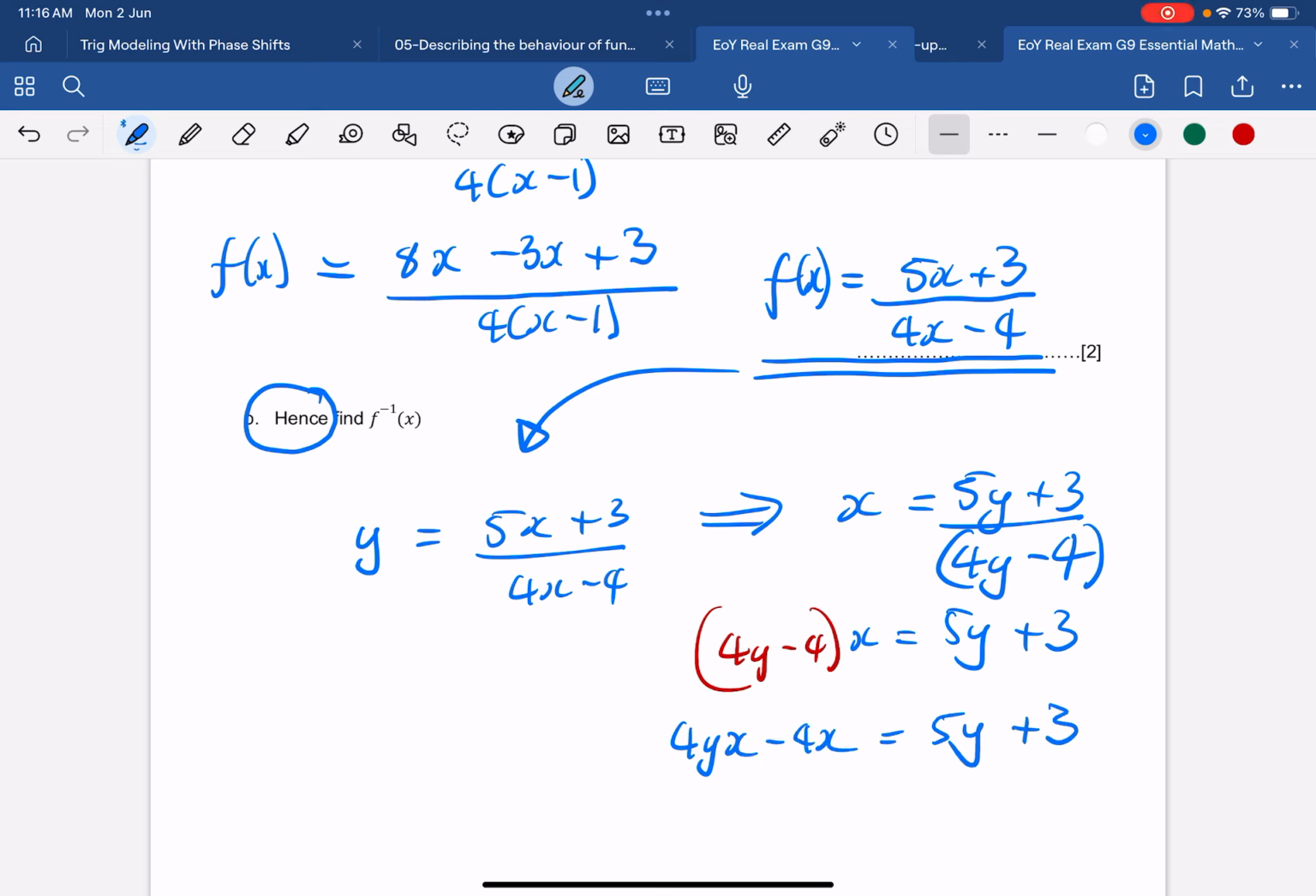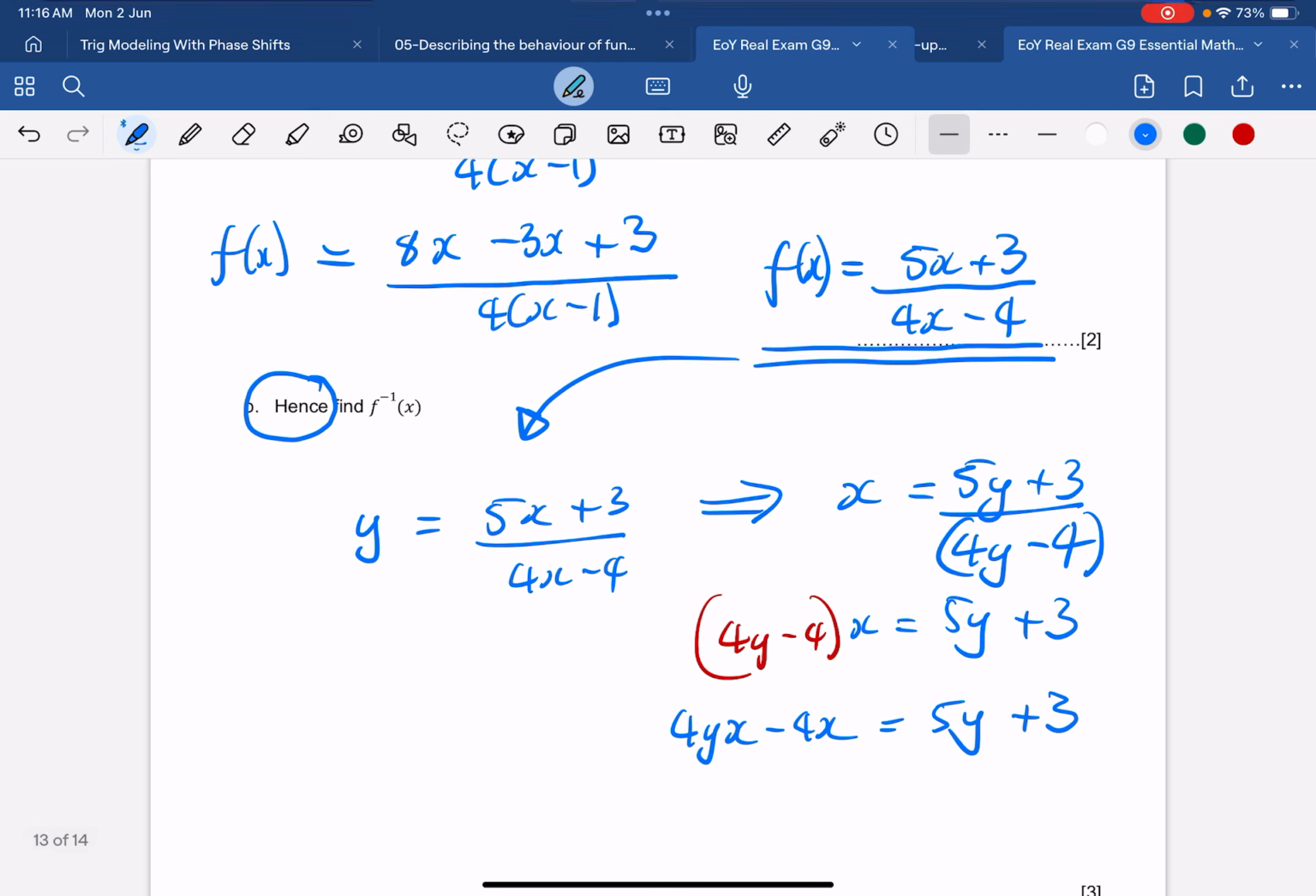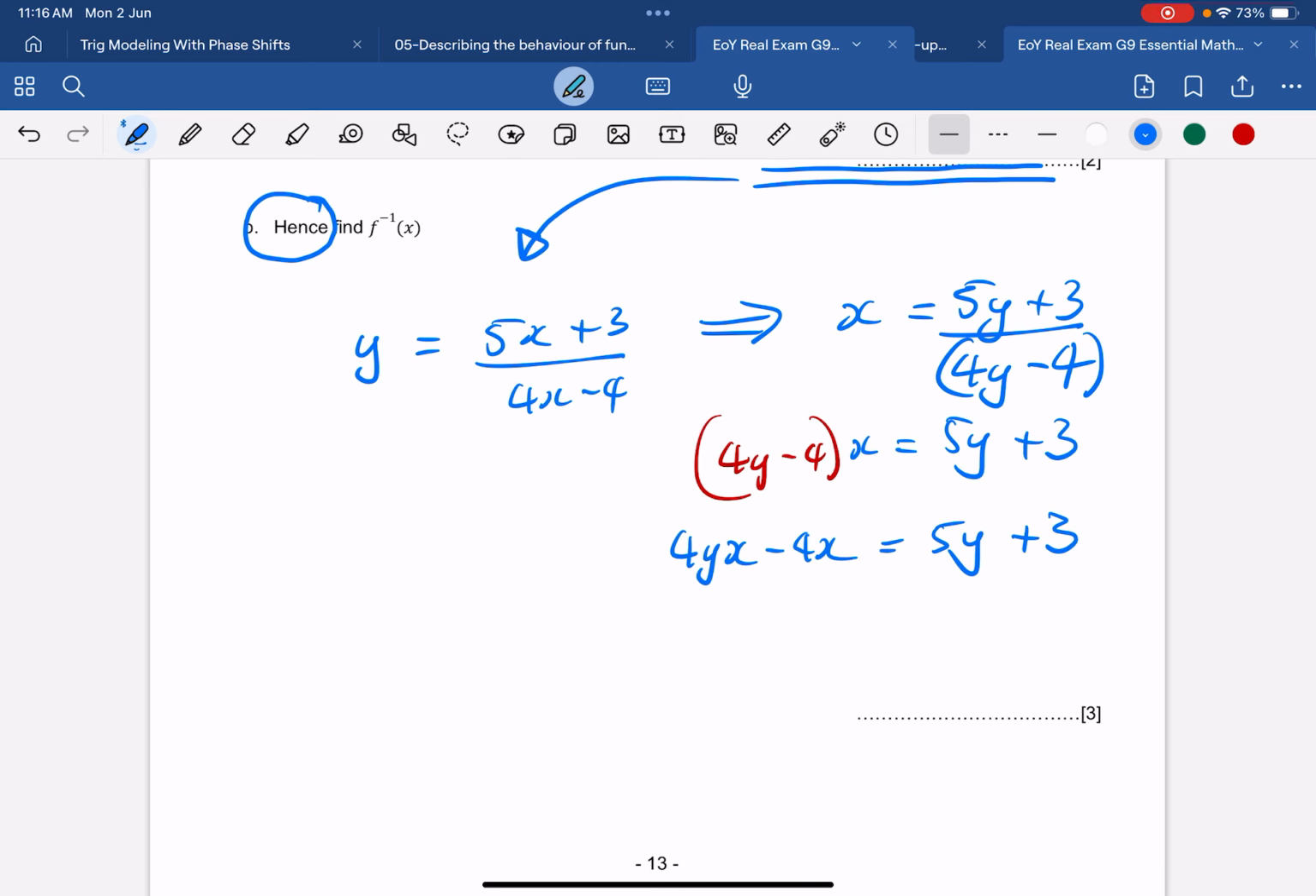Now it's important that we understand the end goal is to get y on its own, to isolate the y. So get the y's on the same side, so I'm going to minus 5y on both sides. But I'm also at the same time